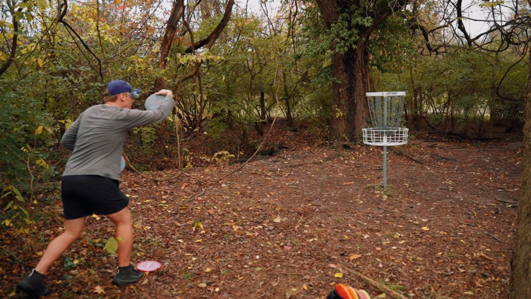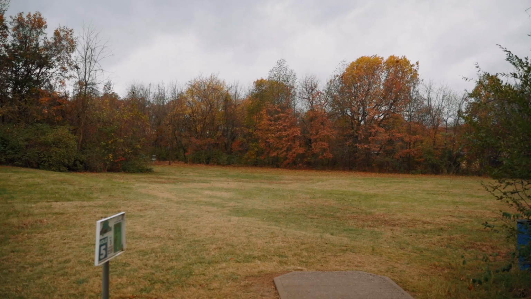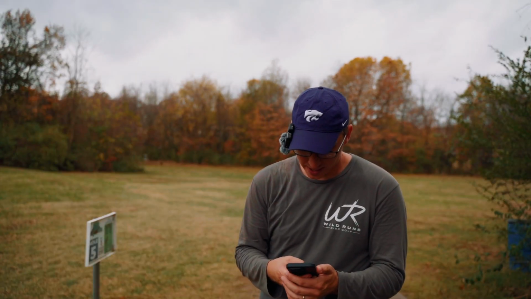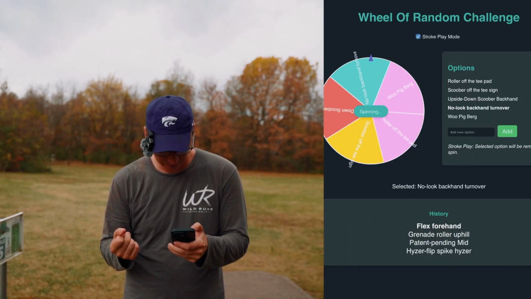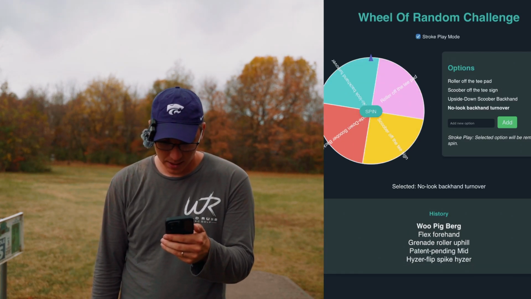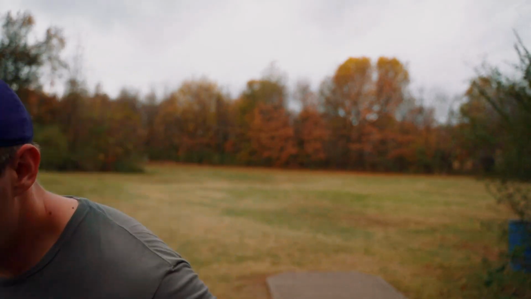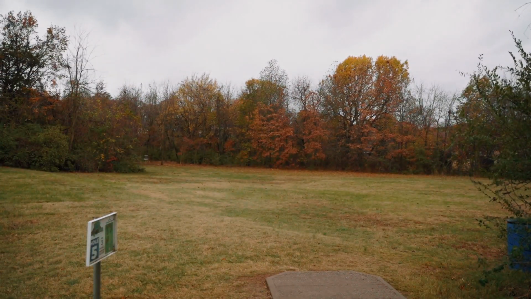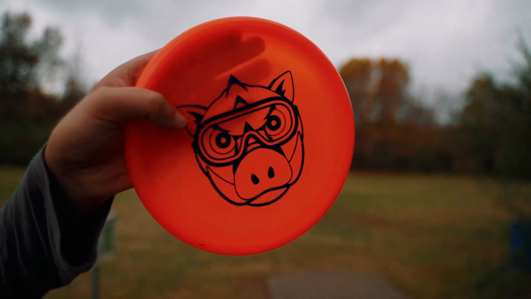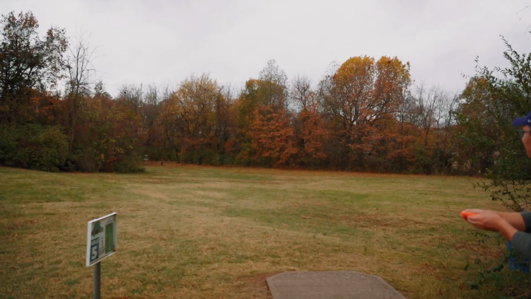All right, hole 5. Down there, 235. Really the only obstacles are trees to your left. Let us spin the wheel. Come on, need something good here. I was hoping this would not happen. We have the berg. I do love the design of this berg that I just got for a tournament. Go Arkansas, even though I'm not really an Arkansan, I'm just an adopted Arkansan because of my wife. Should be easy enough.